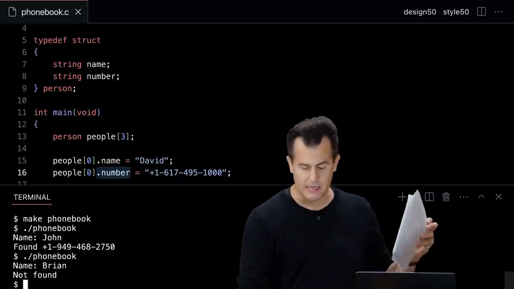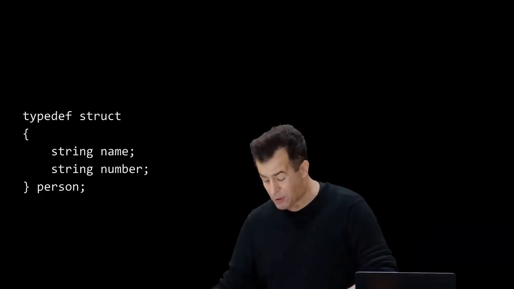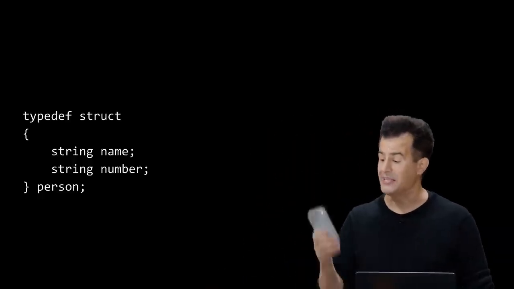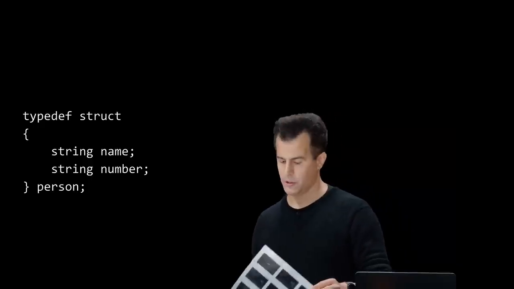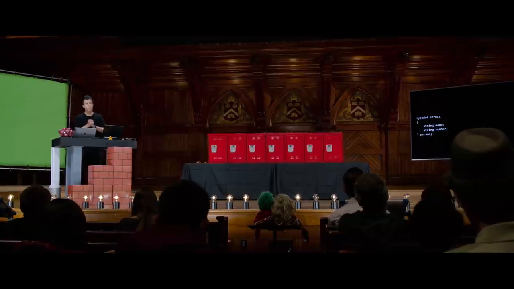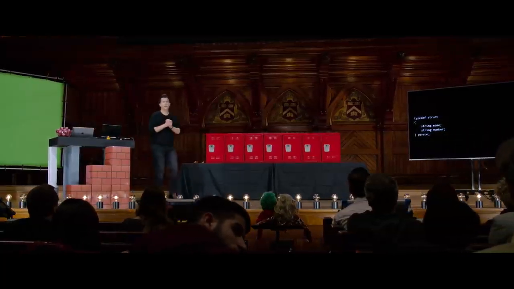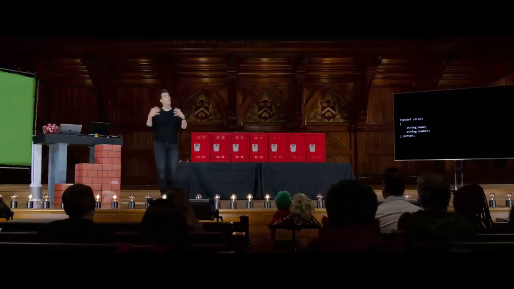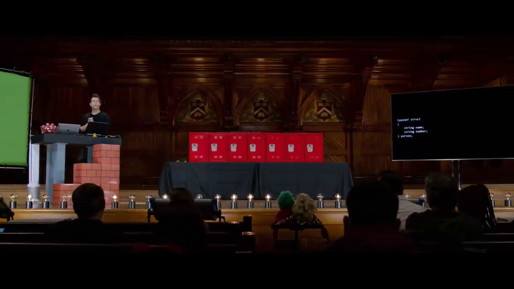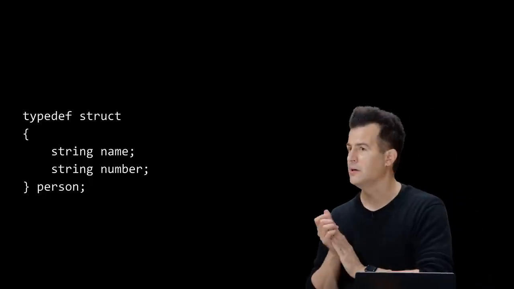Questions, then, on any of this feature via which we've now implemented really something closer to the phone book, albeit using linear search and not binary search? Question. Yeah, in front. Can you say that a little louder? What if 2 people have the same name? A corner case, if you will. This code will not work necessarily correctly because it will print for me only the first number that it actually finds. So that would be a mistake, and I think we'd need to address that with a bit more complicated code. So solvable, but not for now. A good observation. Other questions on this here code?